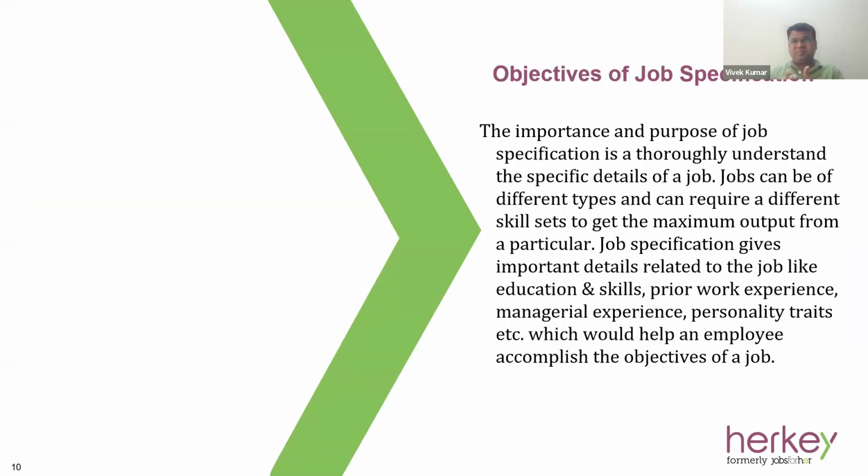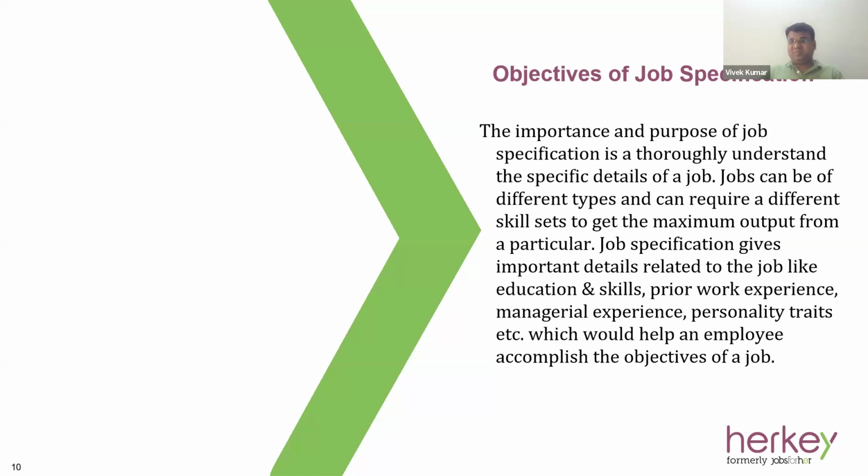So now, before we move to the other part, let's try to understand what exactly the objectives of a job specification are. Jobs can be of different types, right? Even in a single organization, you can probably find 10 or 20 or even more different kinds of job roles. And each of these job roles might require very different kinds of skill sets